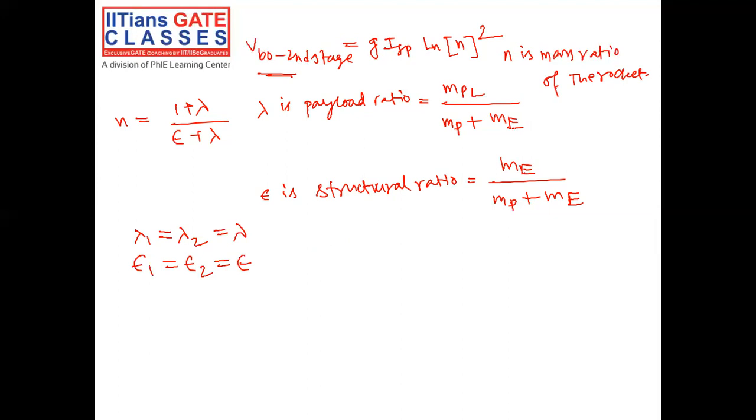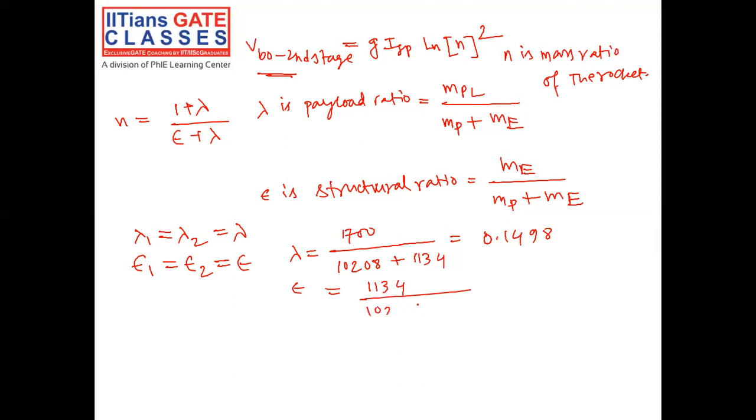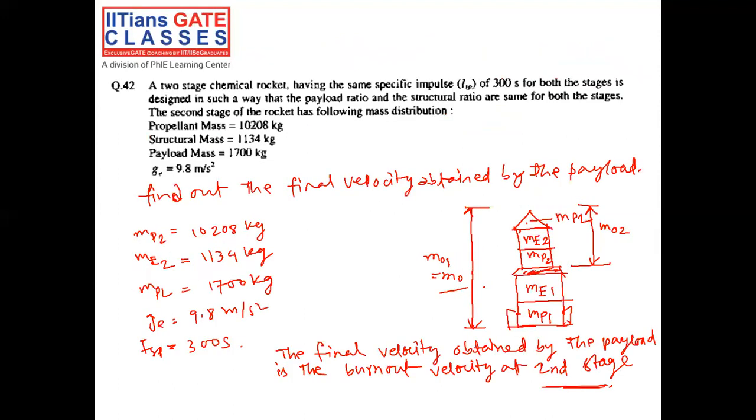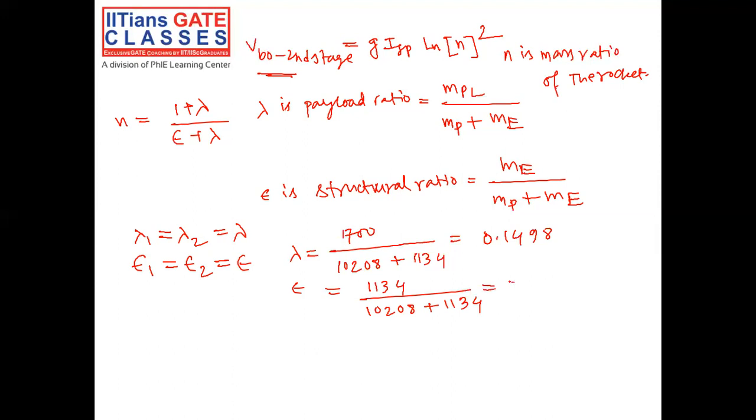Now MPL, MP, and ME, these values are given in the question. So if we just substitute those values, we'll get lambda as 1700, that is the payload mass, divided by 10208, the propellant mass, plus structural mass 1134. So it will come something around 0.1498, and epsilon will come as the structural mass, that is 1134, divided by the propellant mass 10208 plus structural mass, right? So it will come something